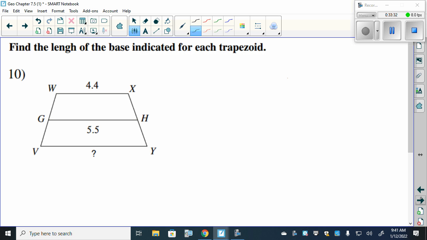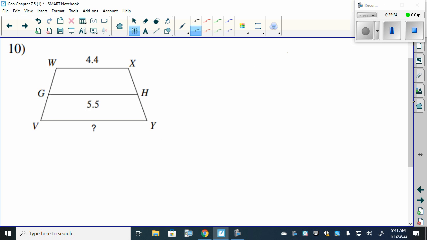So let's look at this one here. How can we go about solving for the third side? Okay, which is? So the difference between the top and the middle is 1.1, yes? Which makes the difference between the middle and the bottom. So it would be